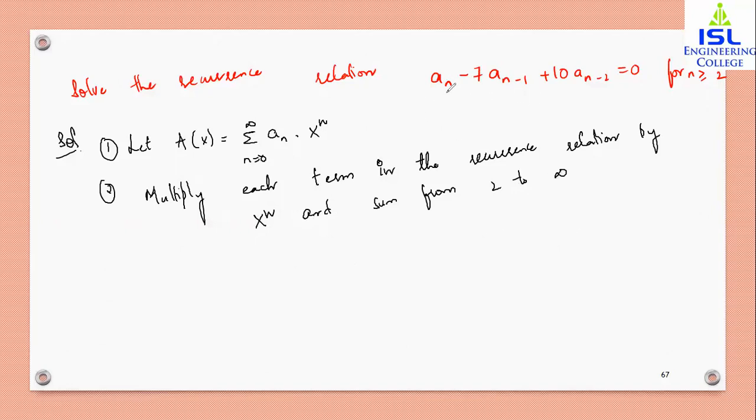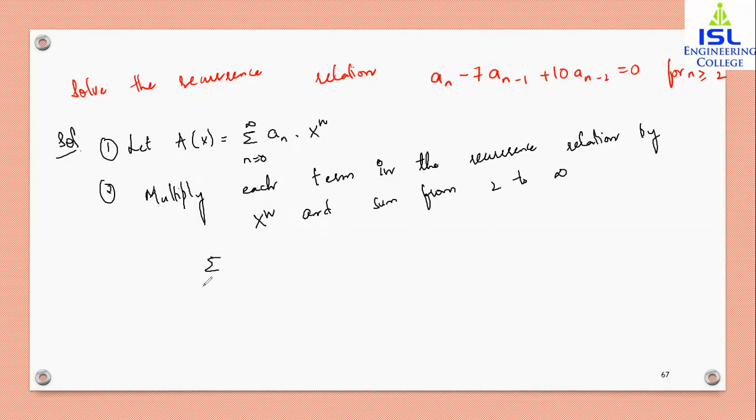That is because in our question we have the term a_{n−2}, and we cannot have n equal to 0 to infinity. If we take n equal to 0, it will give a_{−2}. So for that reason, instead of n equal to 0 to infinity, I will take n equal to 2 to infinity. Whatever the last term of your equation is, it is better you take the sigma notation from that, because otherwise it will give you an irrelevant solution. So we are multiplying each term with x^n and also adding the sigma notation.